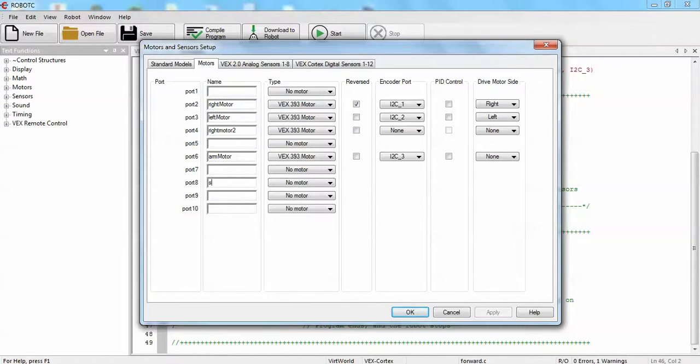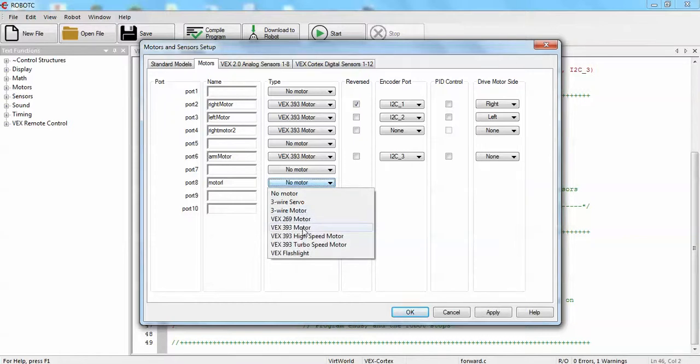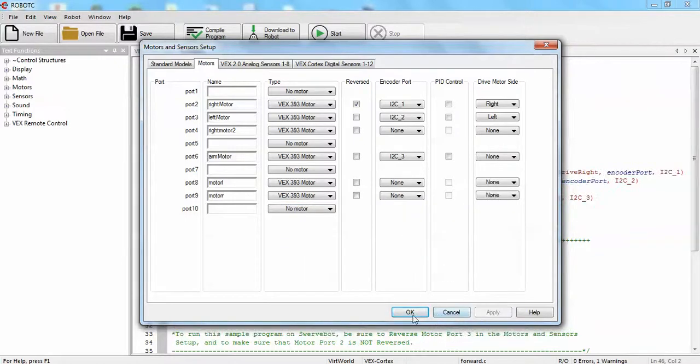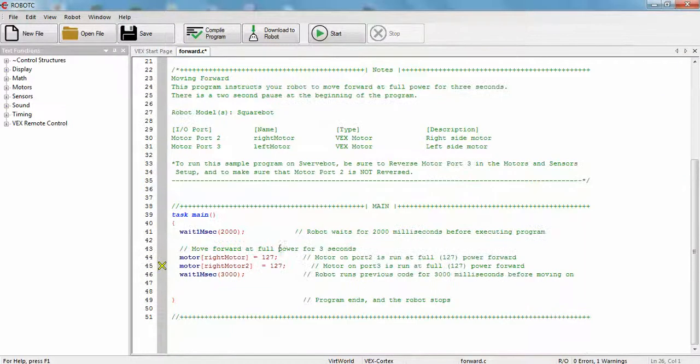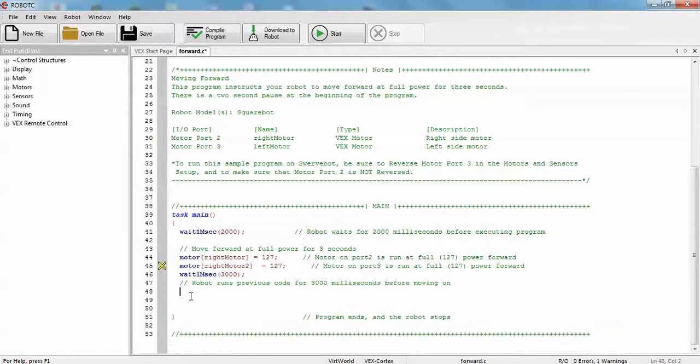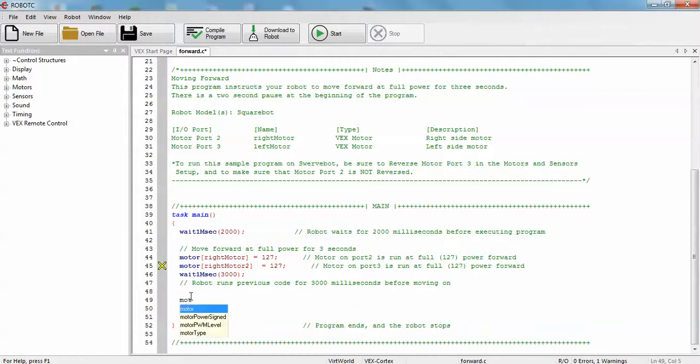So let us say here we can give any name. Let us say motor L, let us take the 393 motor, and motor R, on the right side I take a 393 motor, click apply. Okay, so now after this one, once it is stopped over there, what I want to do is